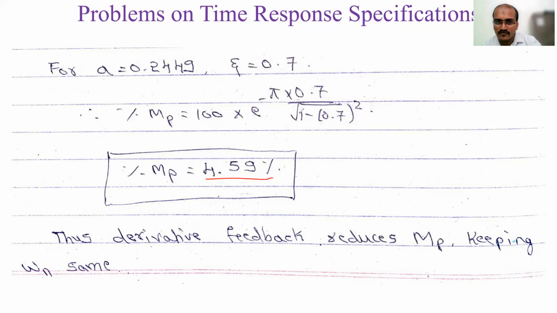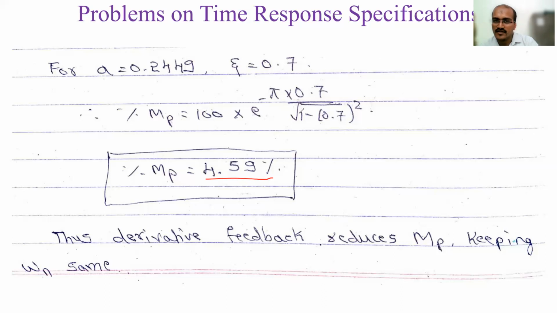Okay, so when zeta is 0.3535 I have done it with the same formula, right? I got 30% peak overshoot, and now when I substitute 0.7 I got 4.59. That means as you increase the zeta value, peak overshoot will decrease. Okay, so that is the important thing, right? And when zeta value reaches 1, there is no peak overshoot. TP will not be there. Peak overshoot will not be there, 0.